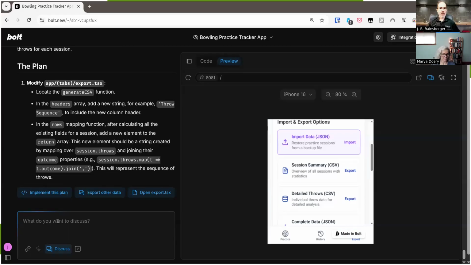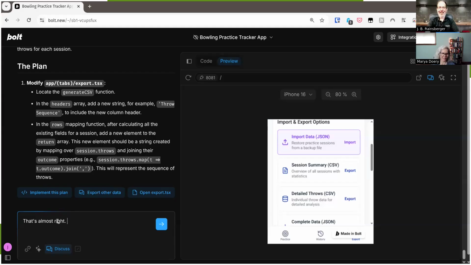Okay, so it knows how to add a field. It's doing join by comma, which is not what I want. The good news is I speak enough JavaScript to read that and see that that's not what I want. It's interesting that it's got a little code in there, which for a non-programmer might depend on how savvy the person is.